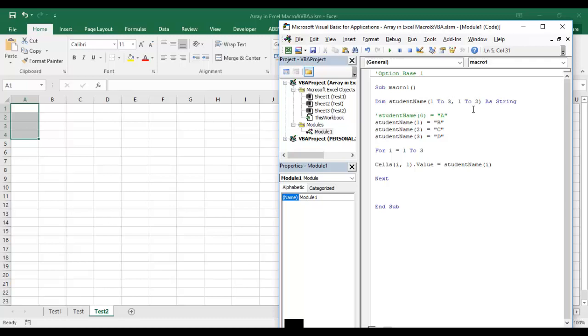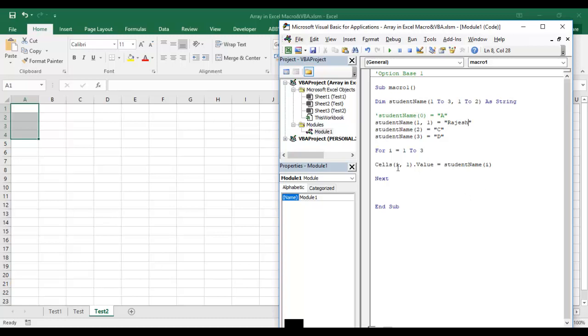Or if I want to make it three dimension also, then I can say 1 to 3. So this becomes my first dimension, this is my second dimension, this is my third dimension, and so on we can do. So I'm just using two dimension, or multi dimension also we can say. Whenever we are saying it's a multi dimension, then we have to give the same dimension name also. For example, here 1 comma 1 will be the name of a student, for example